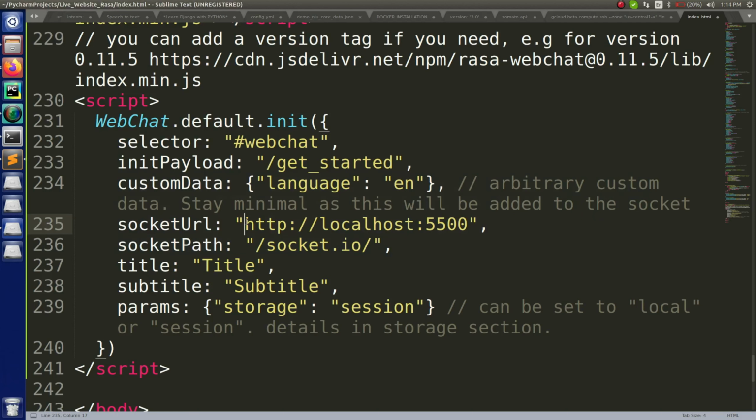Just copy this, paste it. Can you see, http:// your IP address. So this is how you're going to do it. If in case you have the https one, just replace it with https. So in that way you are going to write it, right? So this is all about that.